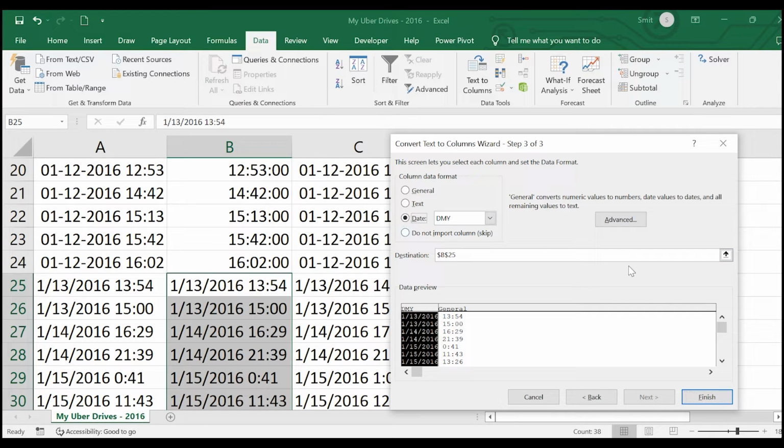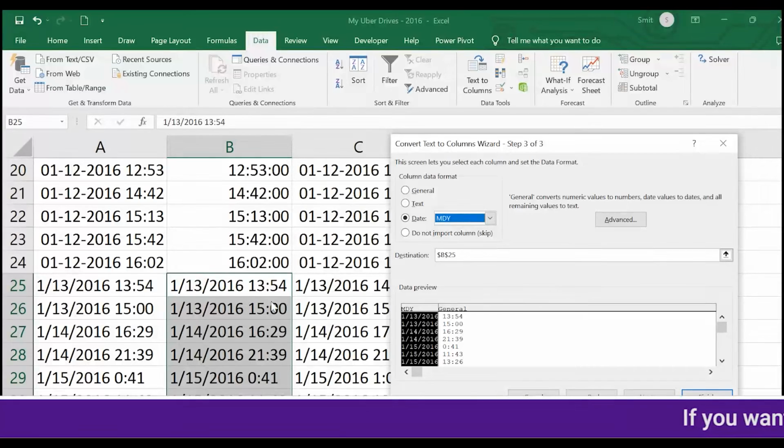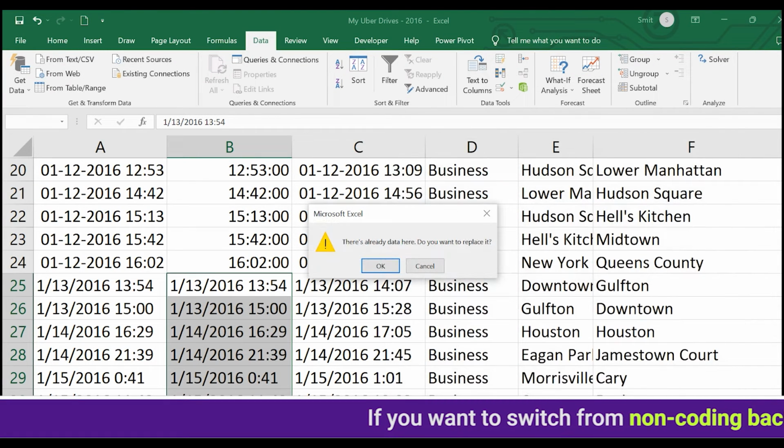So remember guys, it has been put in such a way that the first value identifies the month and the second value identifies the date, but Excel will mostly read it in date, month, year format. So you have to change this to month, date and year, meaning you want the month to come first. In this case, Excel is recognizing 13th as a month. It will push it to first, which is 13 01 2016. So once I do that and select finish here,